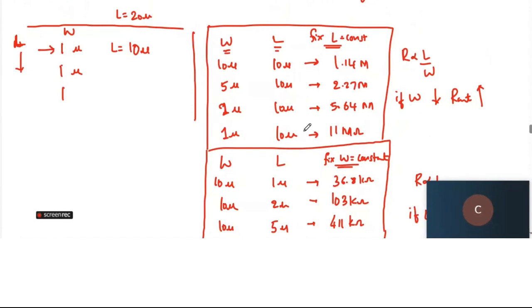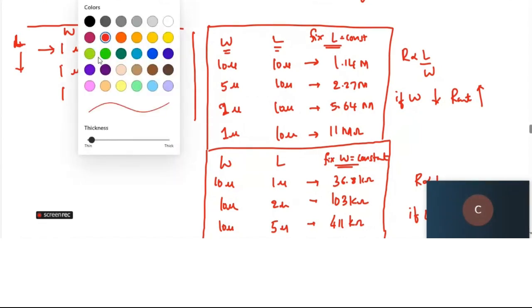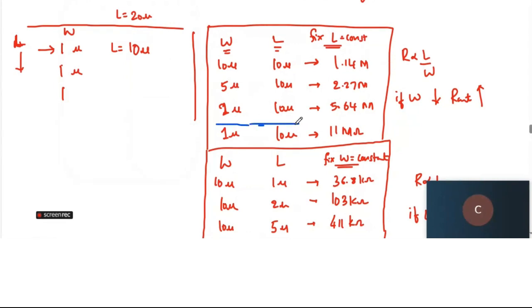Now, I feel for W equal to 1 micro and L equal to 10 micro, through our entire experiments, we can see that this is the particular value where I can see a maximum output resistance of 11 mega ohm, which is definitely going to fetch me wonderful results in terms of the various applications. So that's why I'm going to choose henceforth W equal to 1 micrometer and L equal to 10 micrometer